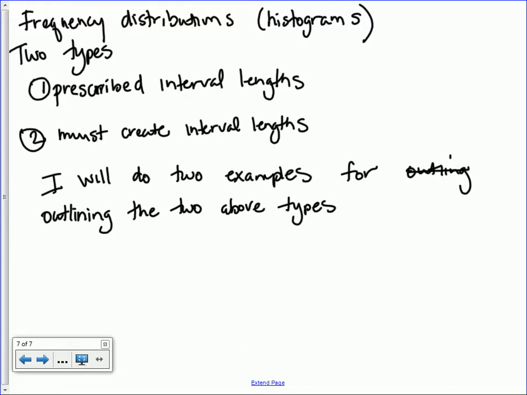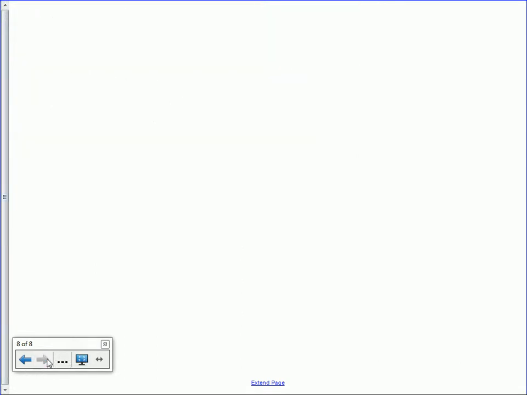So what I want to do next is I'm going to change the page and do an example on a grade scale. Okay, so this next page that we're going to do is where we're going to do a